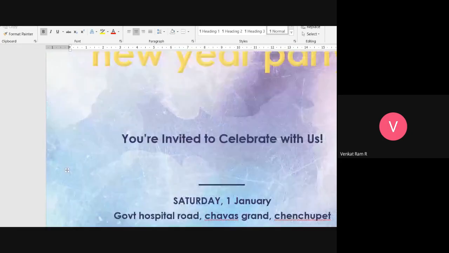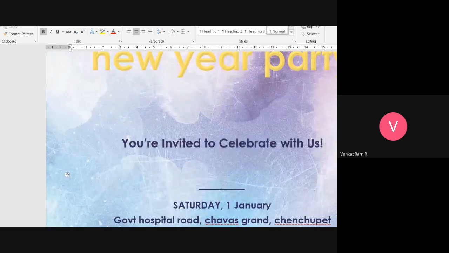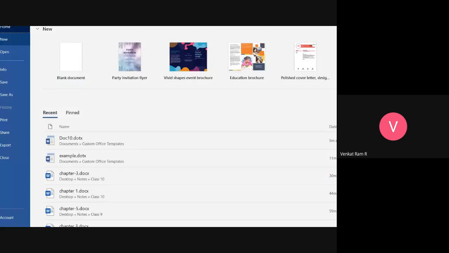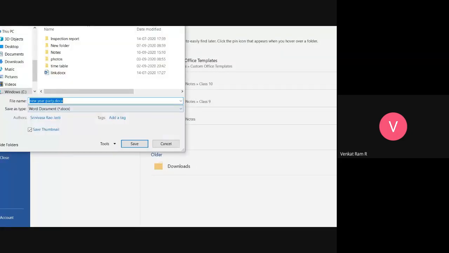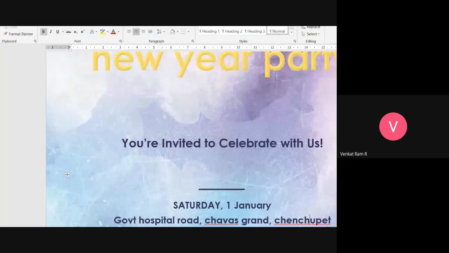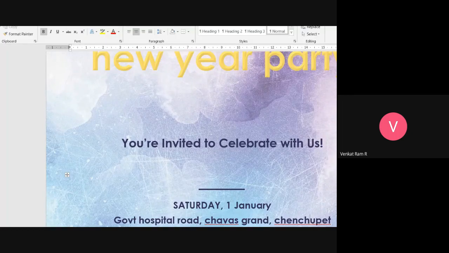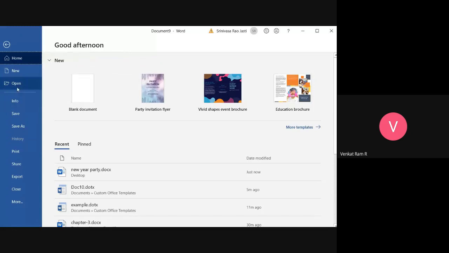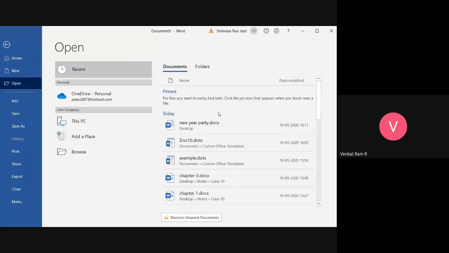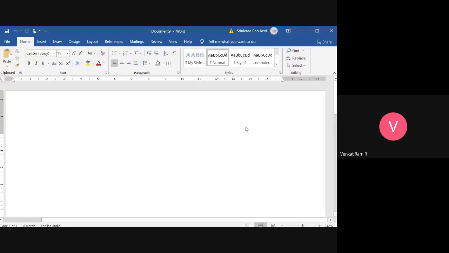Okay, so what I will do is save it in the desktop. Yeah, new year party.docx is coming, and save it. So it will be saved, and you can open your own. See here, I will open it. Go to File, go to Open, Desktop. Yes, new year.